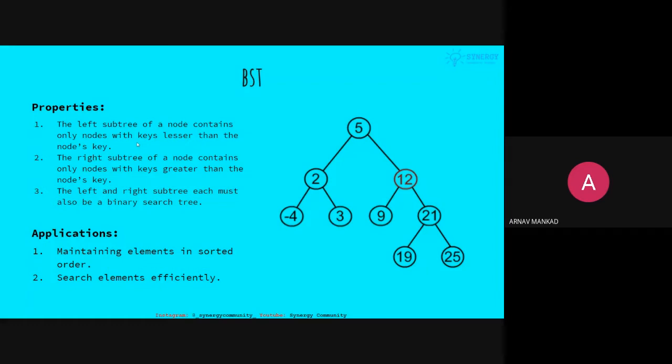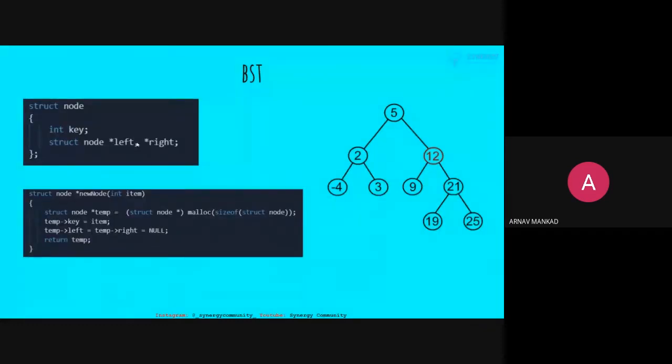So let's see how. Okay, so the structure node over here is a general structure for a binary tree. It's not limited to binary search tree. This will be the same for binary search trees, for binary heaps and any binary tree. Basically we have the data, an integer key, and we have the references to the left child and the right child.